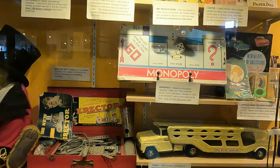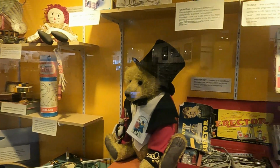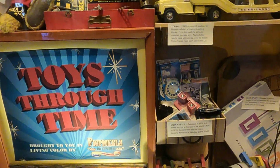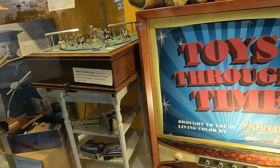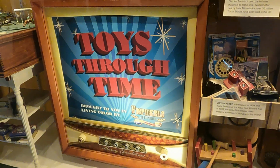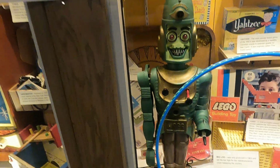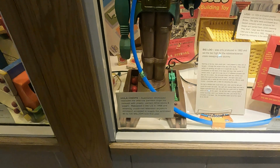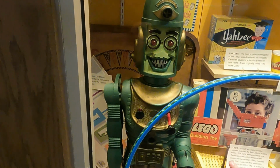And it's almost more of a little museum. They have toys going back from the 30s, the 20s, the 40s, 50s, 60s, 70s, and yes, even the 1980s. So there you can see they have the Viewmaster. Sadly, none of these items are for sale, but it's a great little display that you can look at. The Game of Life. This little guy was called the Lod. I never heard of him, but there's old school Yahtzee, there's old school Legos, hula hoops, Etch-a-Sketch, and yes, even